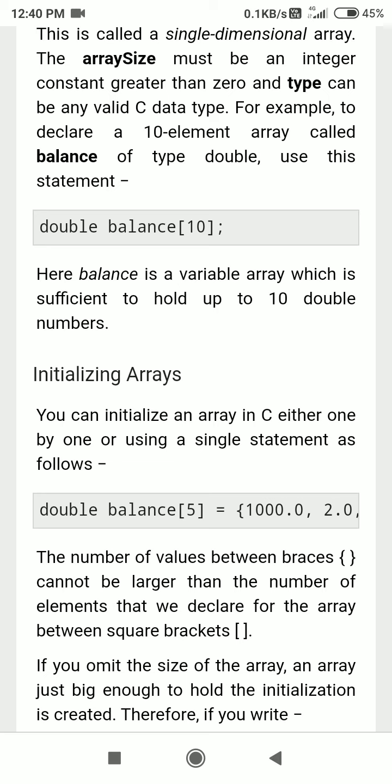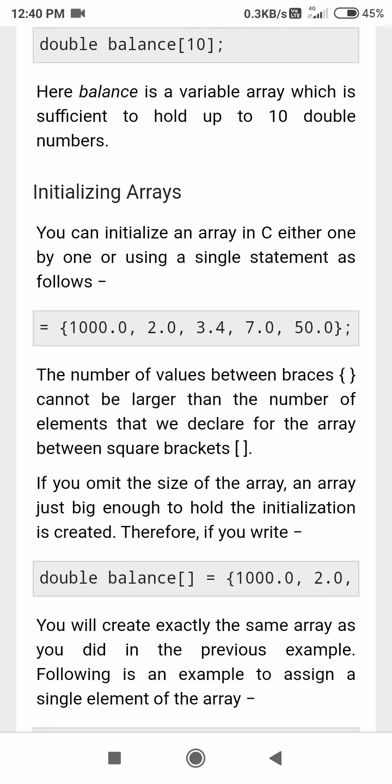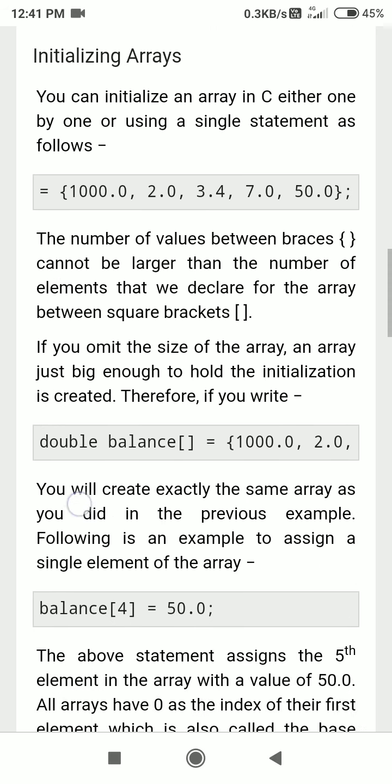That means assigning the values 5, 1000.0, 2.3, 3.4. We are initializing that array. If you have created an array of 5 elements, you are supposed to store those 5 elements in the array like this, in opening and closing curly brackets, separating each element by a comma.